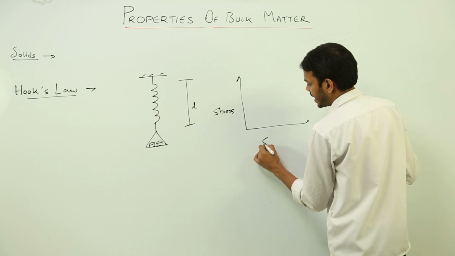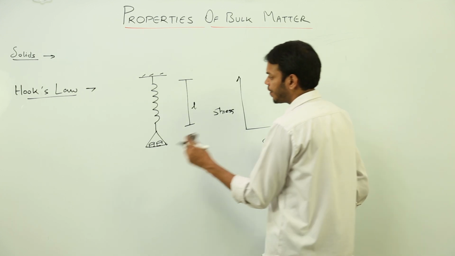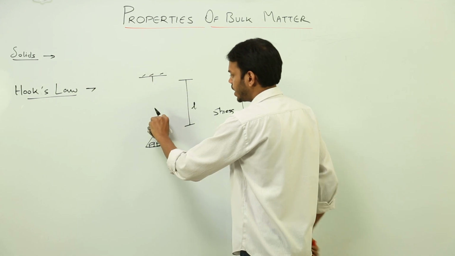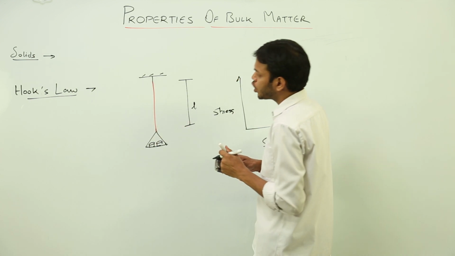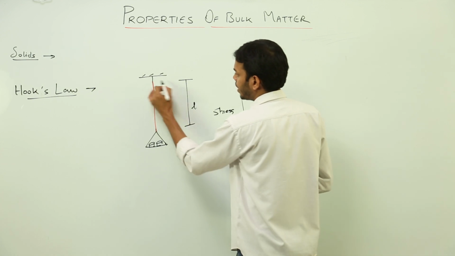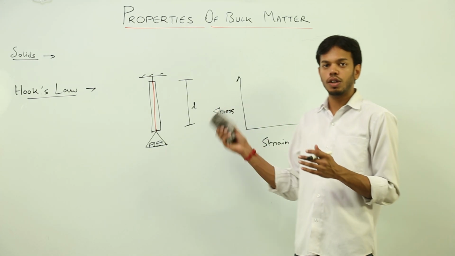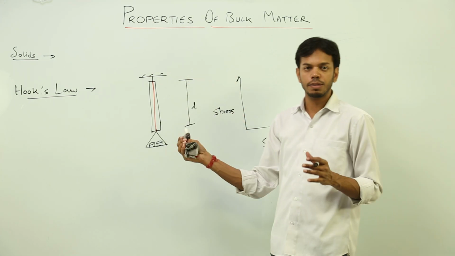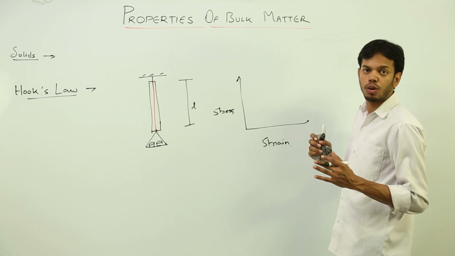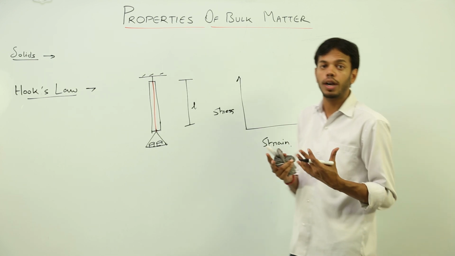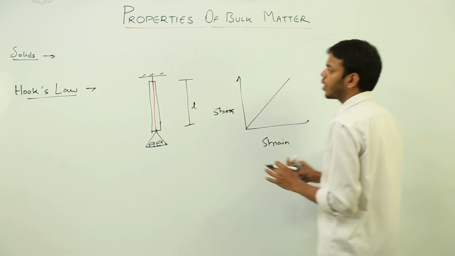Stress and strain. This experiment was conducted again after removing the spring and putting a normal metallic wire. This experiment was conducted again by removing the metallic wire and replacing it with a solid bar. So the objective of this experiment was to see a relation between stress and strain on various types of body, and to be able to plot a graph between them, right? It was seen that stress is directly proportional to strain according to Hooke's law.